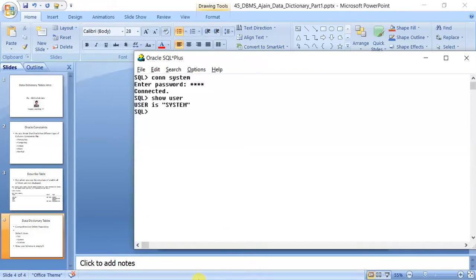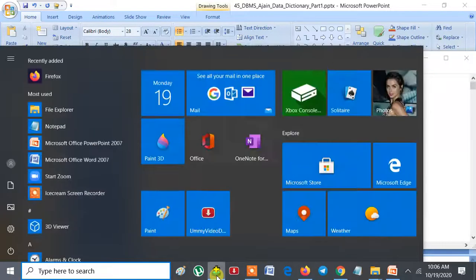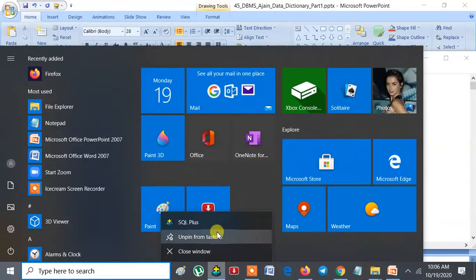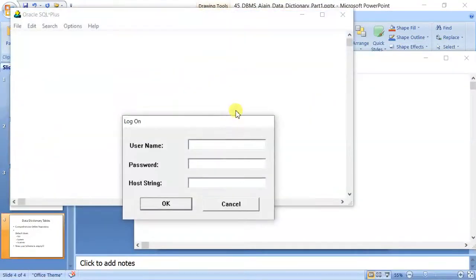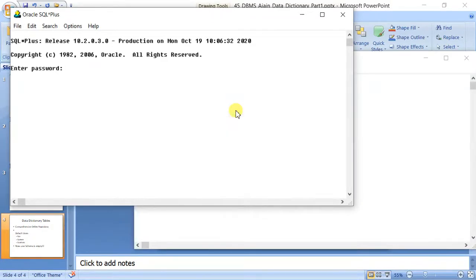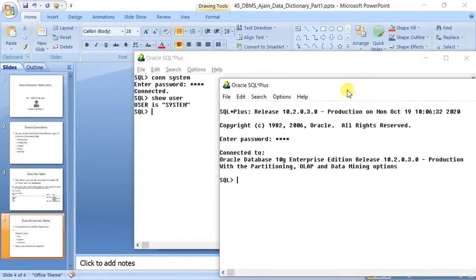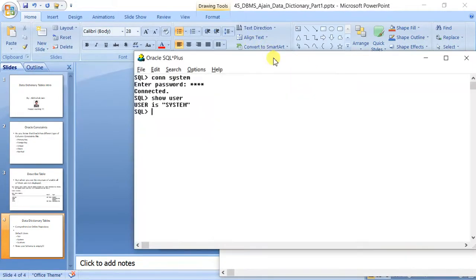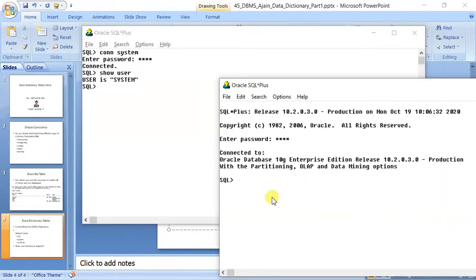Now let me connect with another. Sys cannot be connected directly. We have to write sys as sysdba. Now you can see there are two users, system and sys. I will type connect sys. Show user.